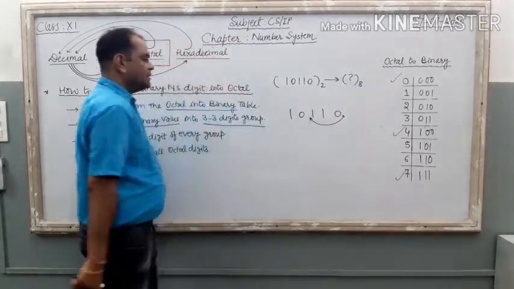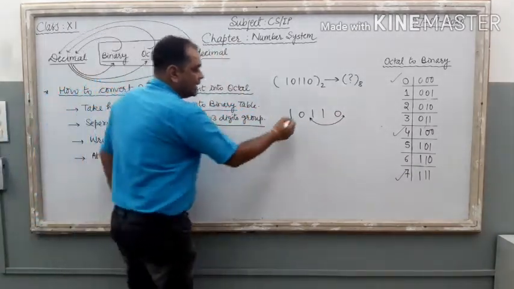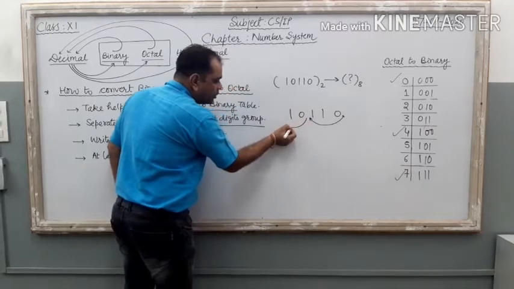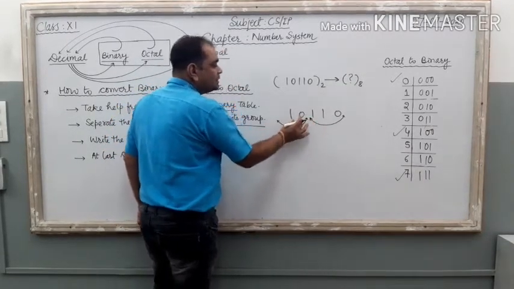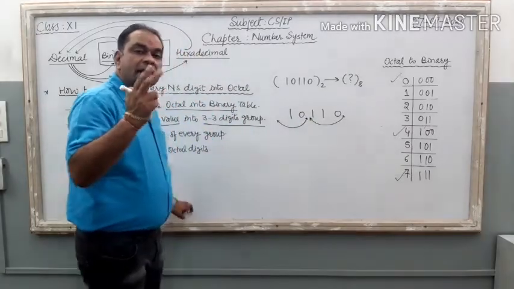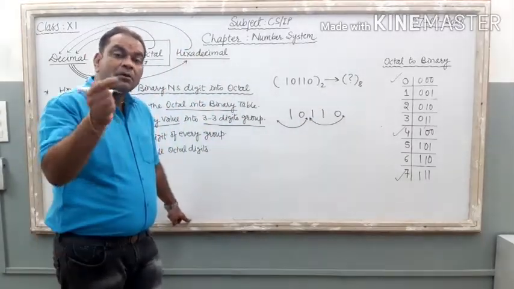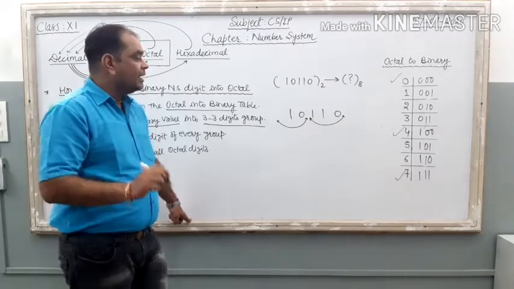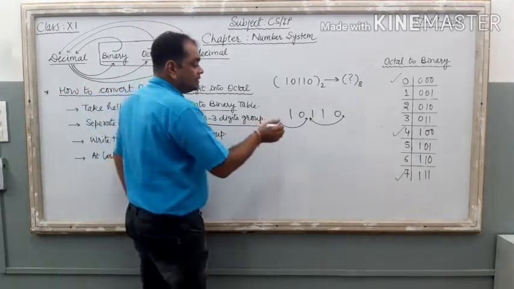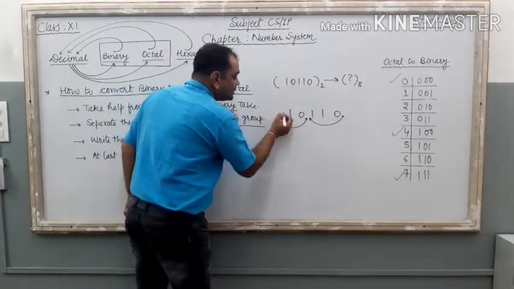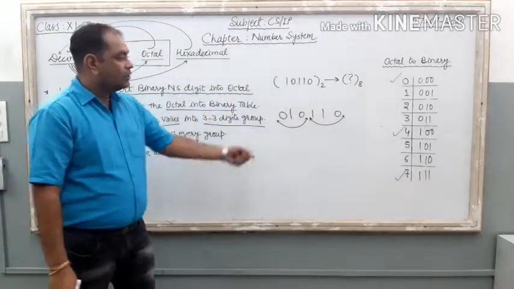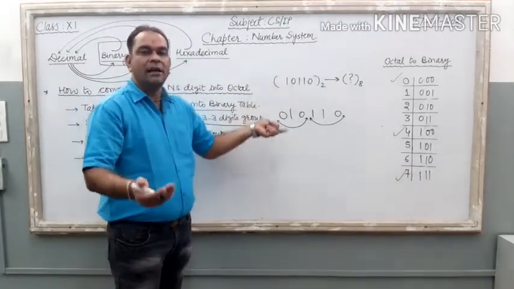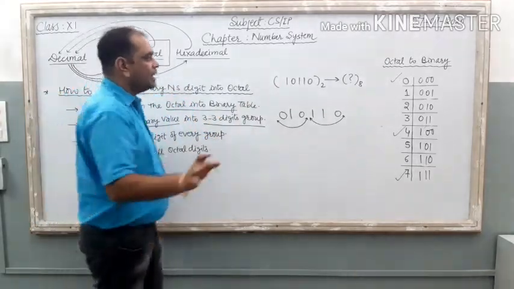Now it is in a single group. Then again, here I am going to create a group of 3 digits, but in the question there are 2 digits only. So what about the third digit? Here, if no third digit is there in the value, just put 0 from your side. Clear? Because if we put 0 in front of any value, there is no effect on the overall value.